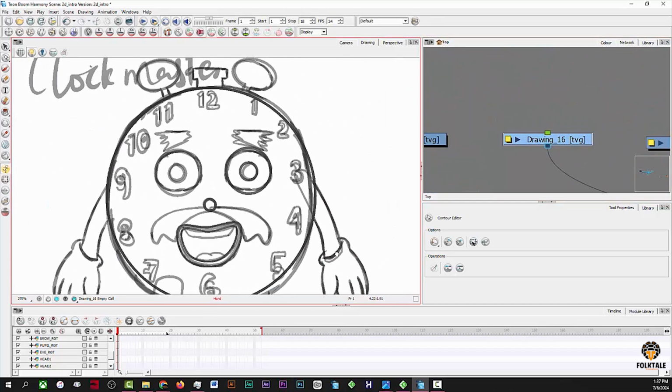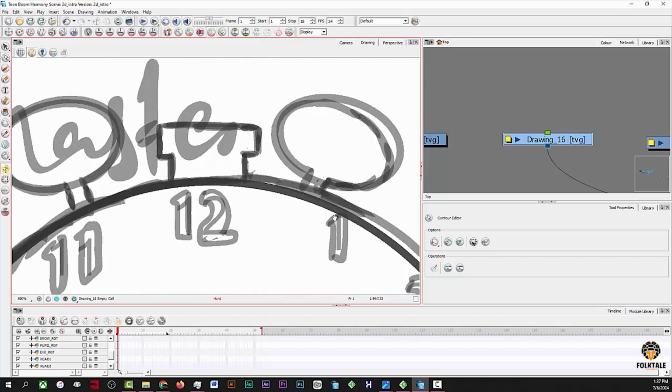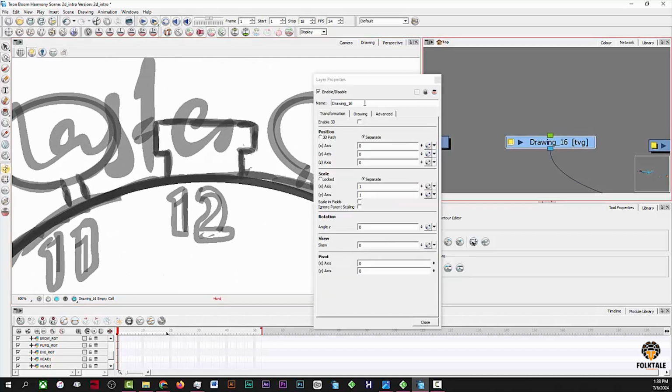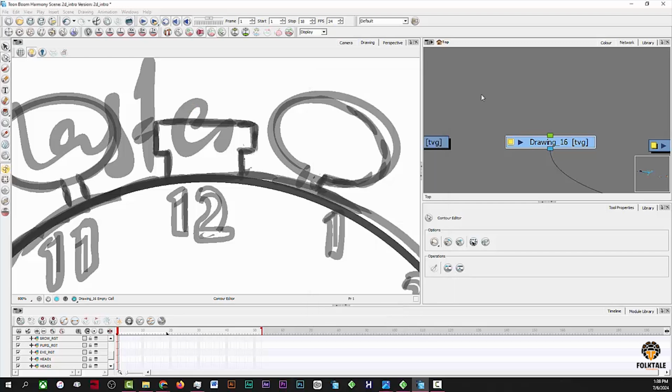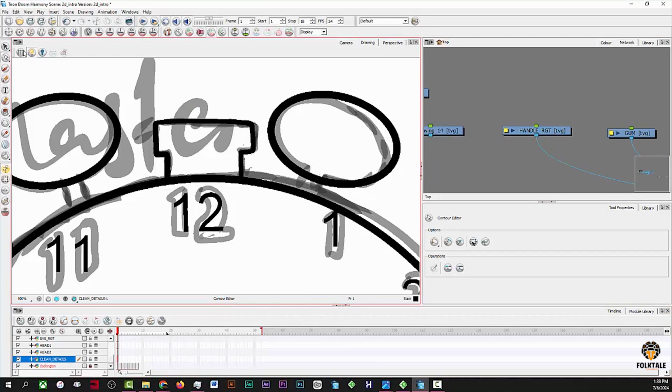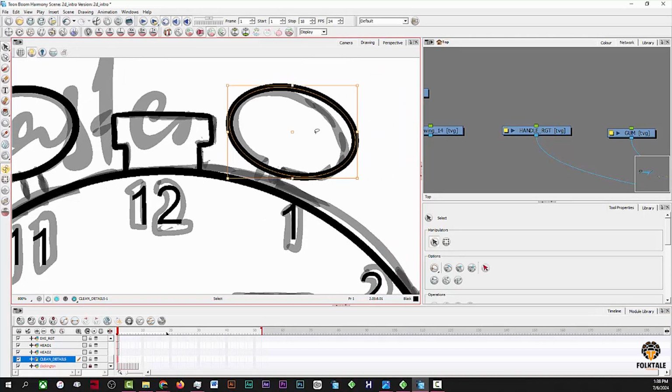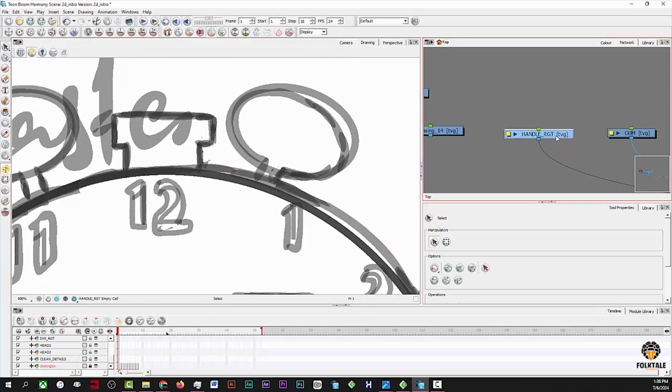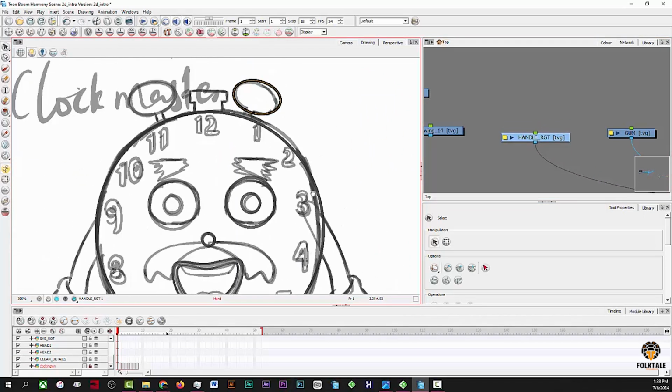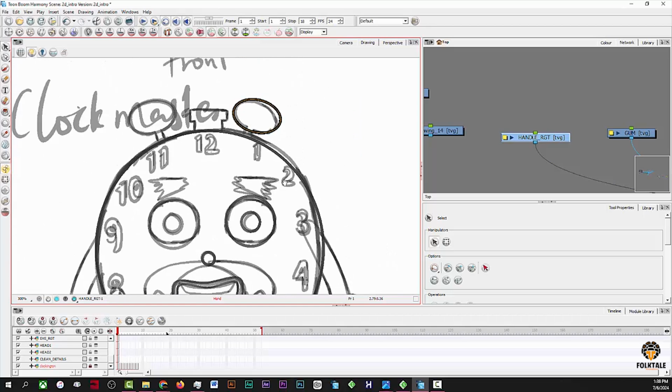Let's name this guy handle. Let's call it handle right, rather. Handle RGT for right. Then we can go to our clean details and copy that handle, the right one, Ctrl C, and go to the handle right and Ctrl V. Okay, so the next thing we are going to do,